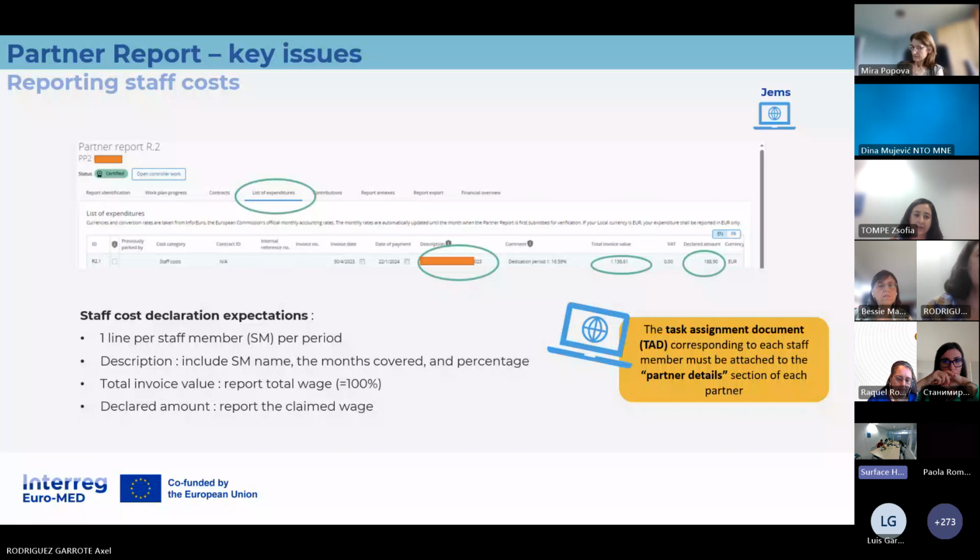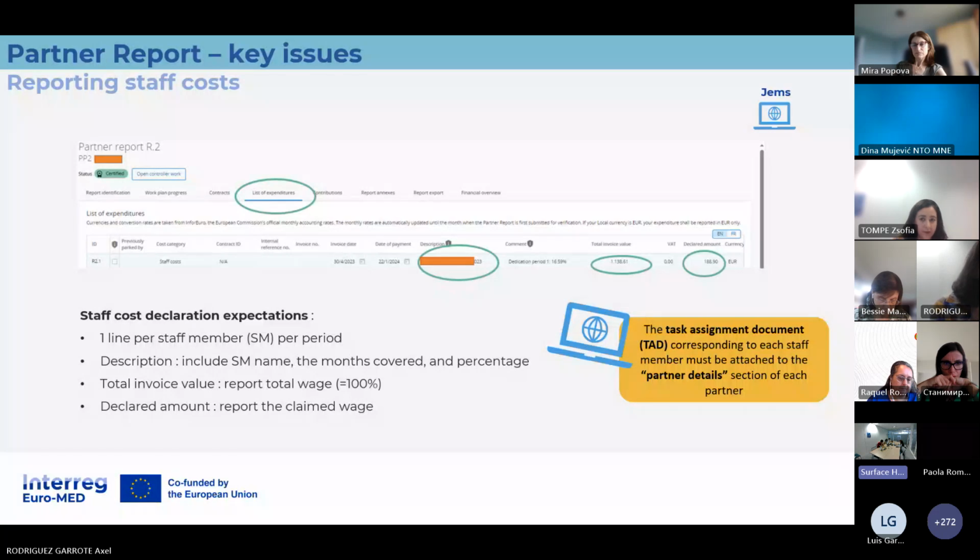Our recommendation is that for one period you use one line per staff member per period. But if your controller wants you to fill in per month, for us it is also acceptable. So please refer to your national controller for more guidance on this question.